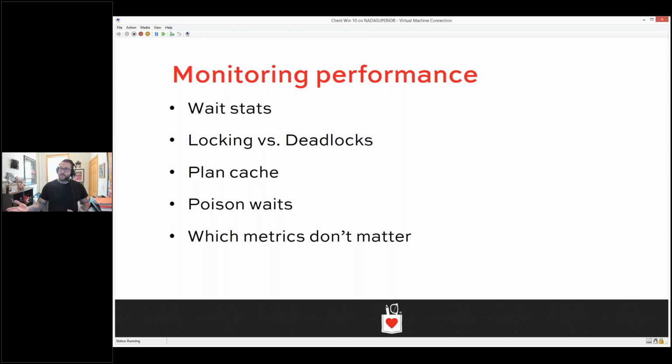I would like you to know about poison waits that can slow your server down to a crawl and leave your monitoring tools blank and lonely. Stuff like thread pool and resource semaphore. And I would also like you to tell me which metrics don't matter to you. I don't want to hear about disk queue length. I don't want to hear about fragmentation. I don't want to hear about